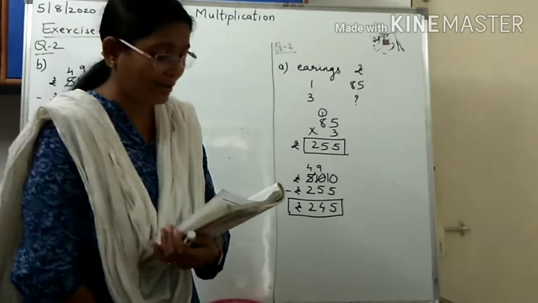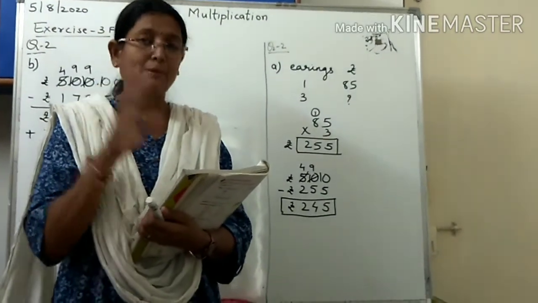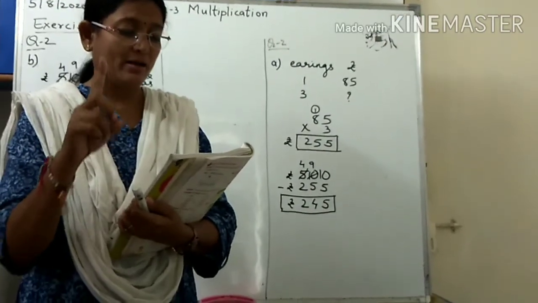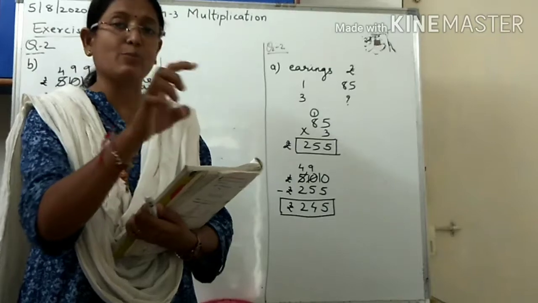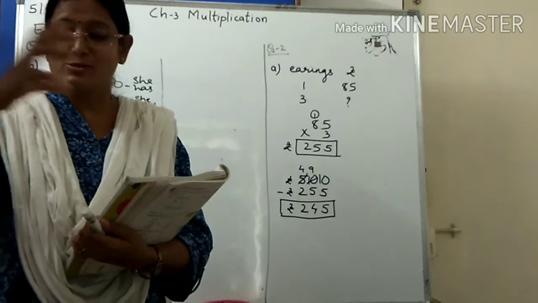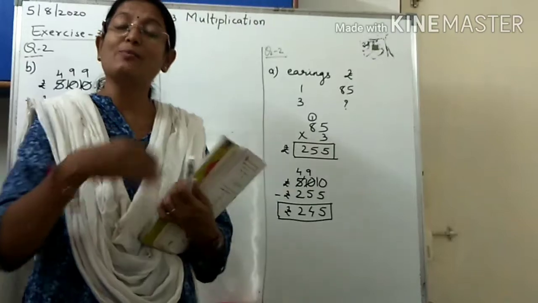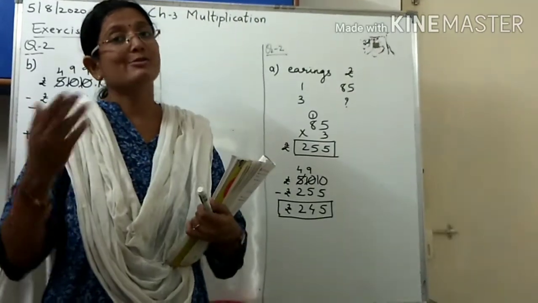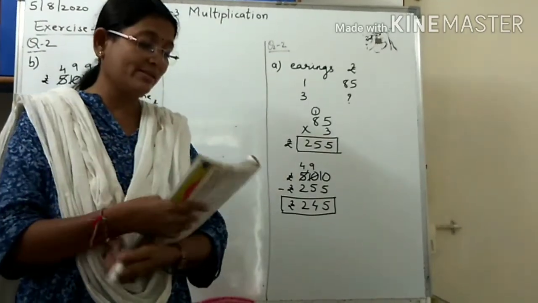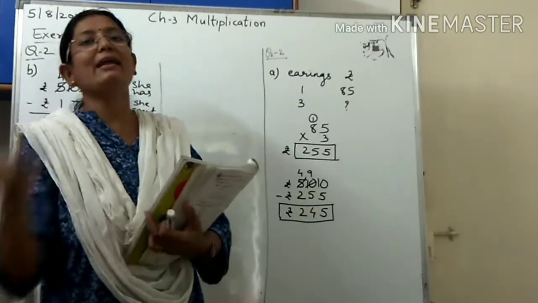See, this sum can be done in 2 ways. Either you first add 79.50 rupees plus 28, and you will get the total. Means if you are going to buy one toy car, then the toy car will be of 79 rupees and 50 paisa and the batteries will be 28. So you add both, and then finally you are also buying the same for another set, so then you double it. Or the other way is to double 79.50 first, double 28 first, and then add both the answers.